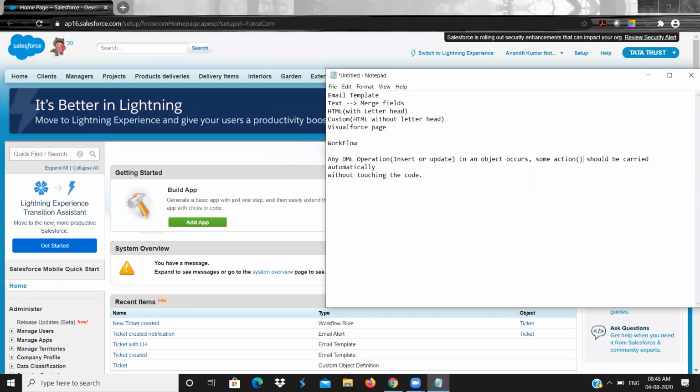Okay, so what are the actions? Creating a new task, email alert, field update, and outbound message, right? So why? Because workflow is a point and click tool. Point and click tools means declarative development.